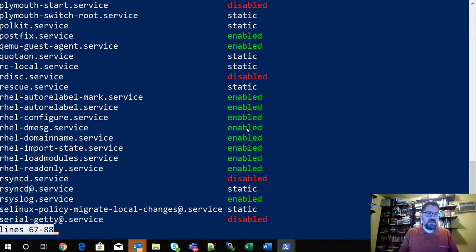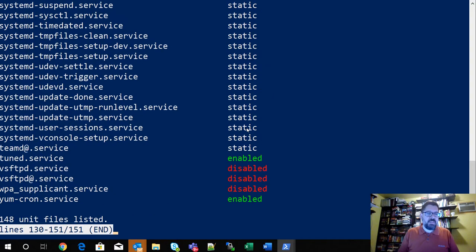So as I page through by using my space bar, I'm going to see VSFTP right there. Right now it is disabled, right? So the first thing we're going to need to do is enable that service. So to do that, first thing we want to do is go in and take a look at our config